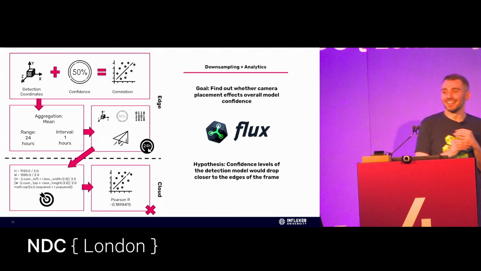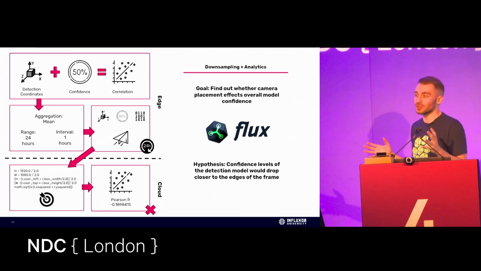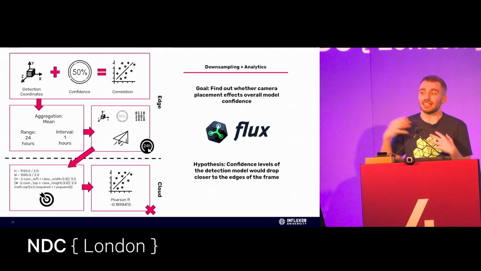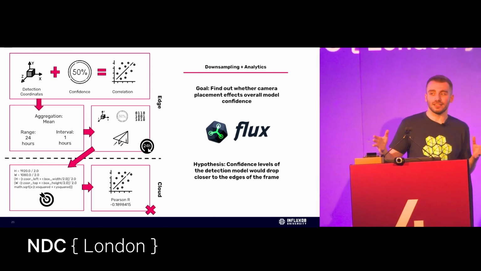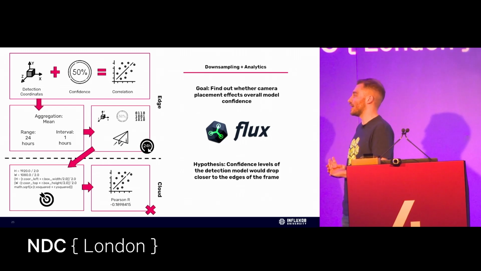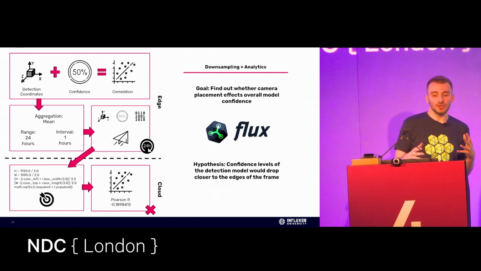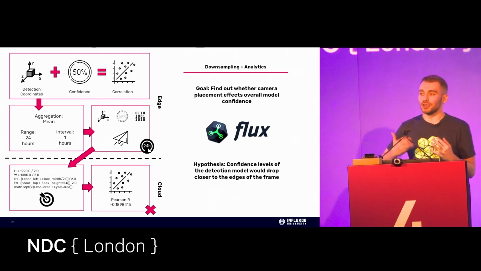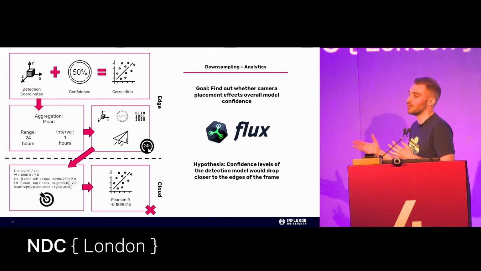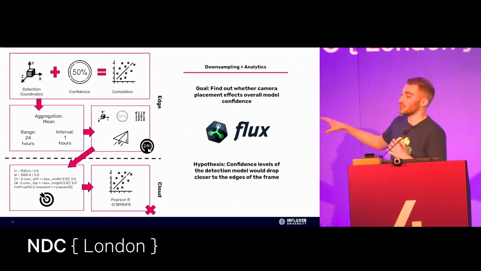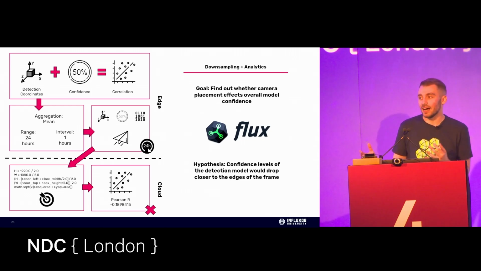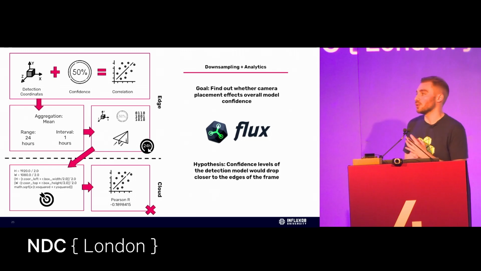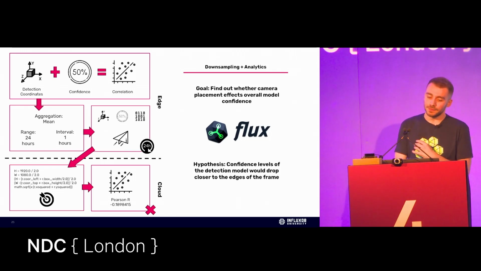It was not correct. It didn't matter where you were on screen, you could get the same level of confidence. So there could have been some correlation, but based on the data that we had collected, there wasn't any correlation at the time. But this just shows you that we can keep running this test over and over, and as we swap the models in and out, this might change. And this is where the power of time series databases comes from, from a DevOps and AI solution. It allows you to continuously monitor your solutions and make sure that you're running to the best of your abilities.